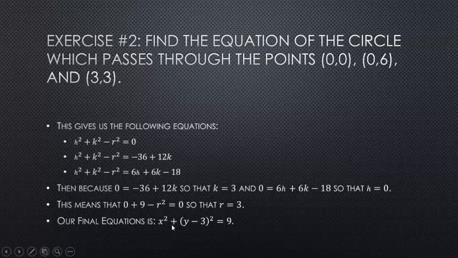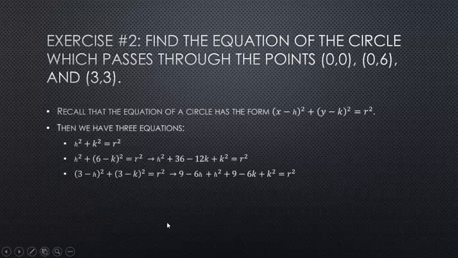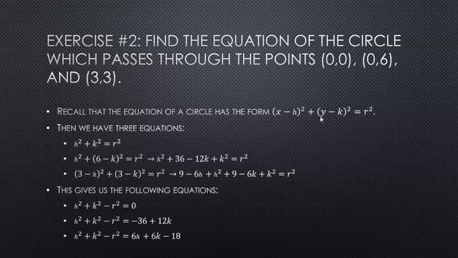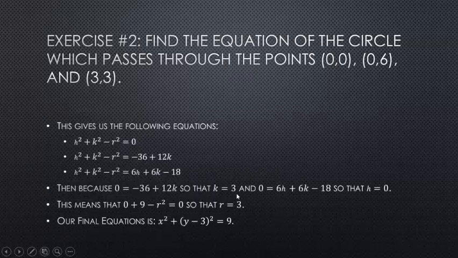Those unknowns are the constants we need to write the equation of a circle. So again, recall the equation of a circle has this form. X and y will be the ordered pairs, so for any point on the circle, it should have the form x comma y. They need to remain as our variables since we want to solve for all points on that circle. So our final equation, notice that it is in terms of x and y,